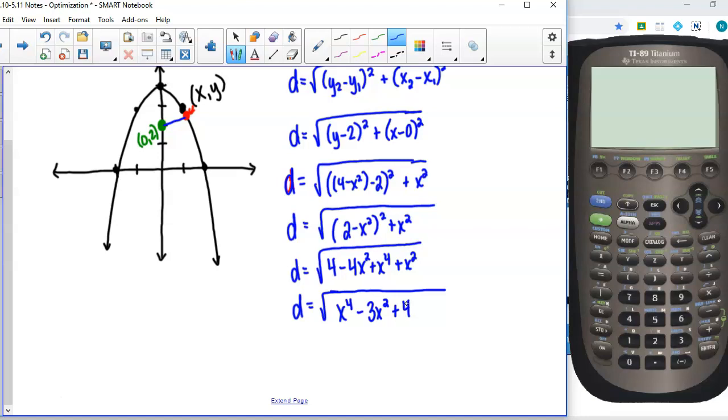I've got my formula for distance. It's all in terms of just x, so that's good. What's bad about this is I've got that square root, which means that my derivative is not nearly as easy to take as the derivative for the last problem, right? I would have to use a chain rule, and I've got all of that stuff, and it's going to be kind of hard to figure out what the critical values and stuff are. However,